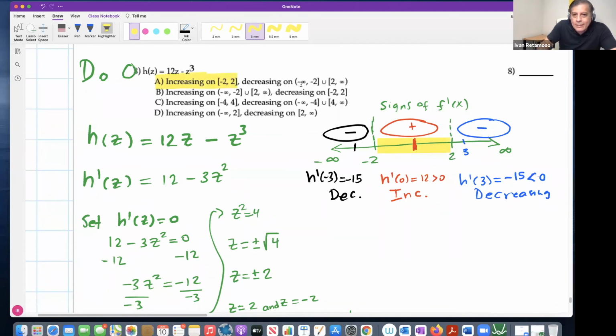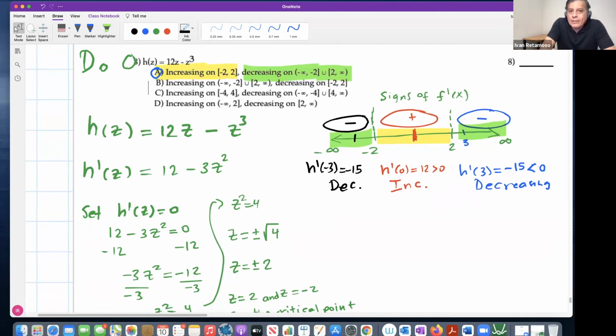Then decreasing over these two intervals, right? Over here and here. You follow, guys? Decreasing here, but also here, right? Decrease. So here and here, right? Very good. So that's it, right? This is the answer. Follow, guys? Yeah, so